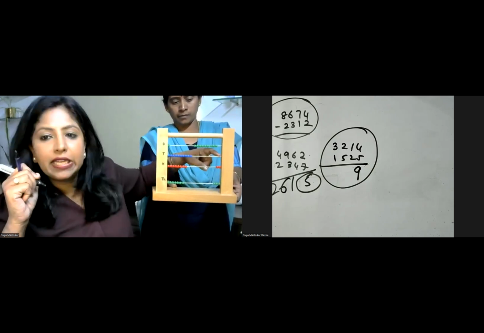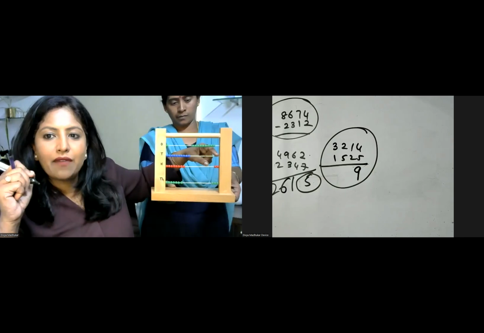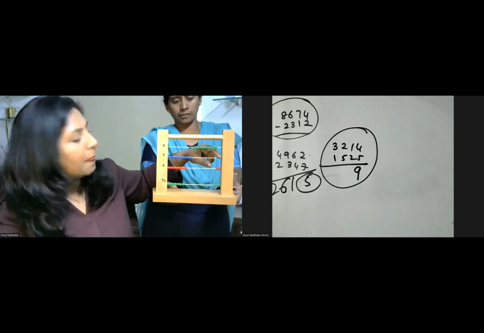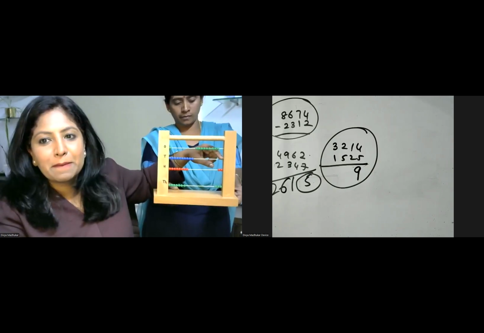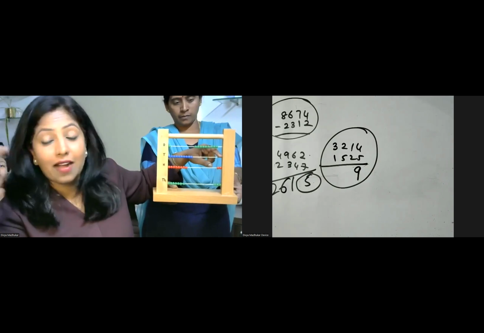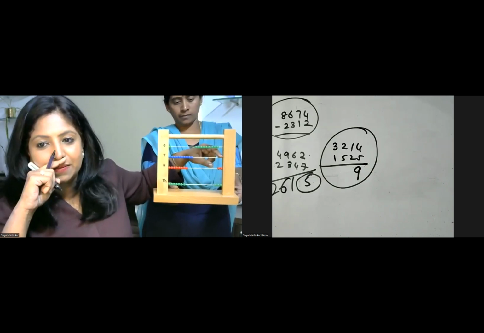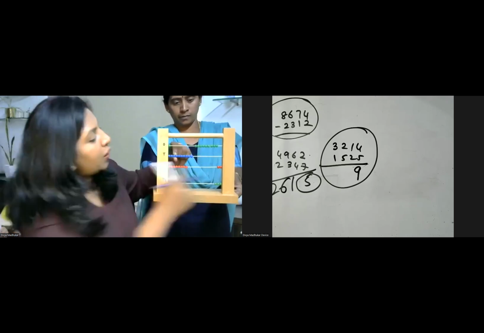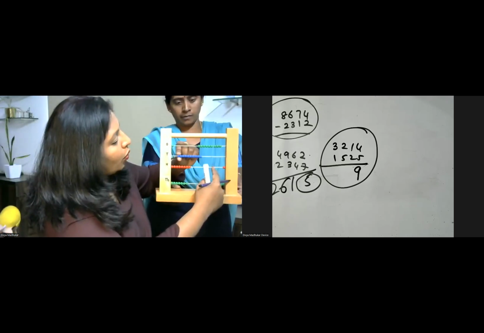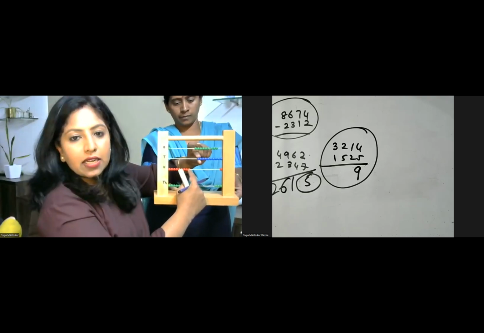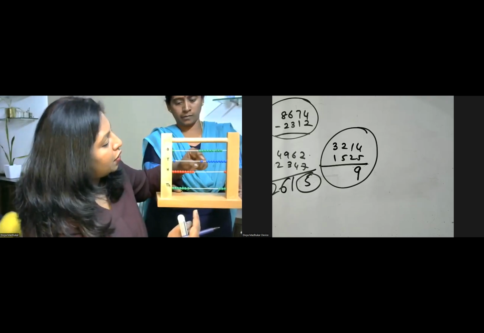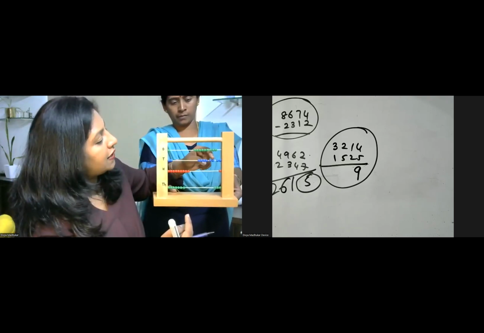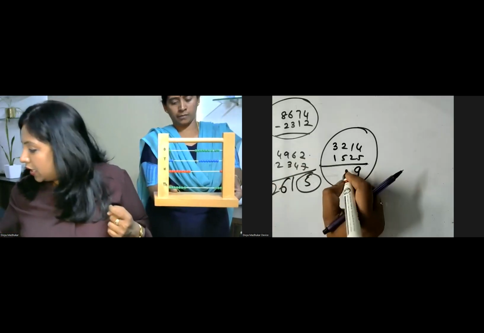Now do I have anything here? No, 0. I have nothing. So 0 it is. But I have to take away how many tens? 2 tens. But do I have any tens to take away from it? No. So what do I do? Borrow it from hundreds. So I'm taking away 110, 210. How many are remaining? 1, 2, 3, 4, 5, 6, 7, 8 tens are remaining.